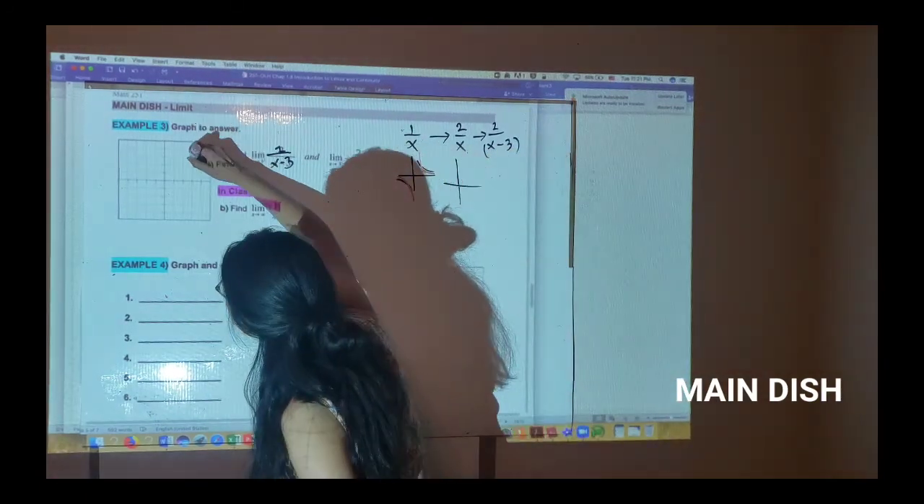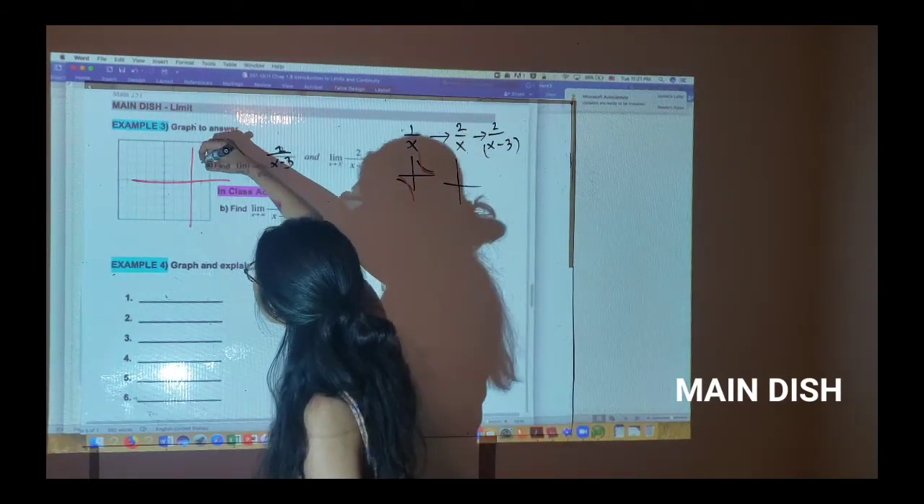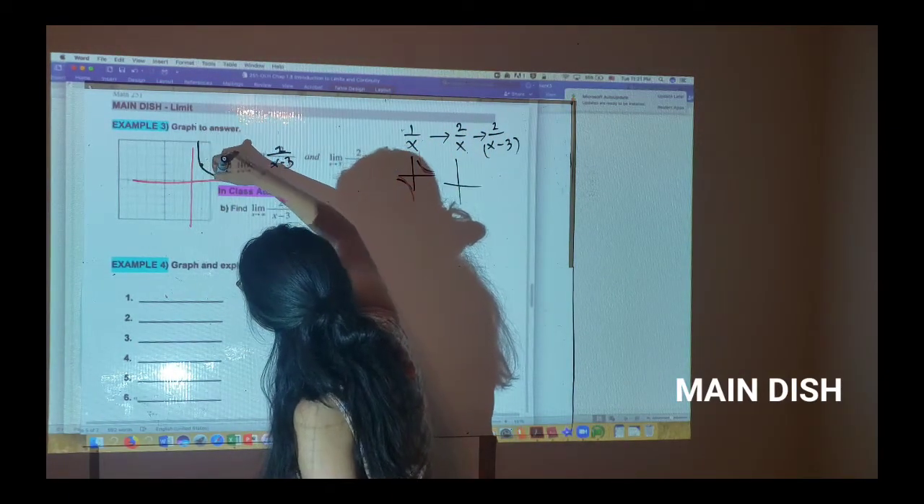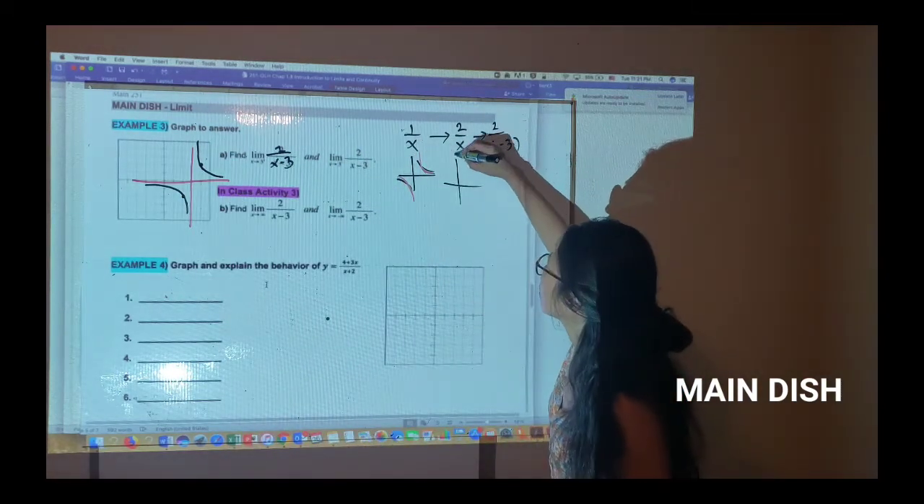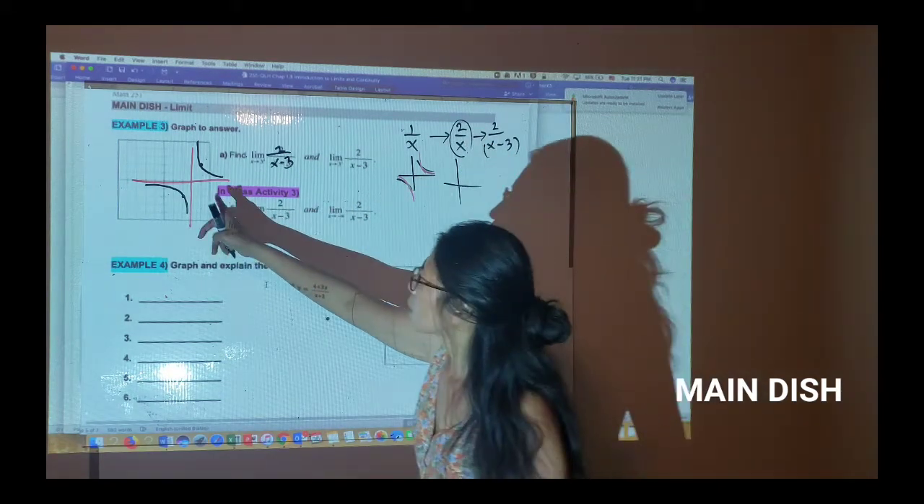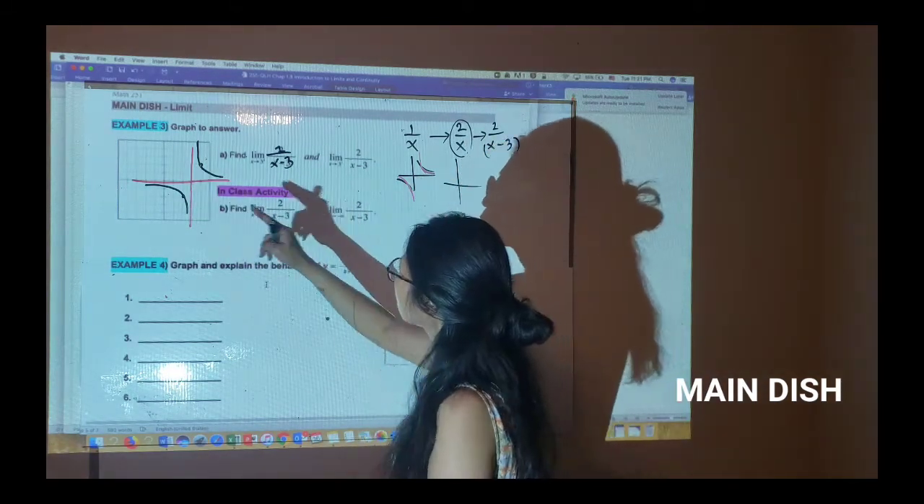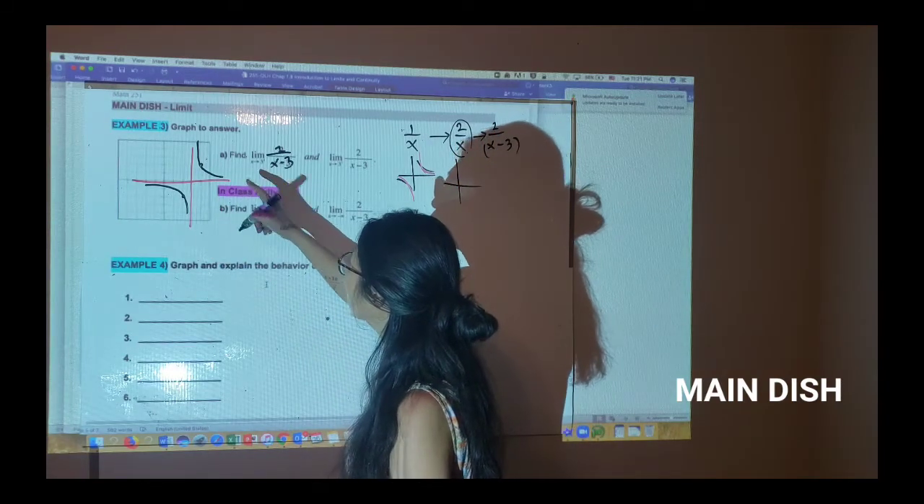My asymptote is going to be here, and my graph is going to pass through these coordinates. How do I know? Plug in. If you plug in 1, you get 2, right? So just plug in, that's why that's 2, and that's my graph. So now I want you to look at this one. Let's answer each limit